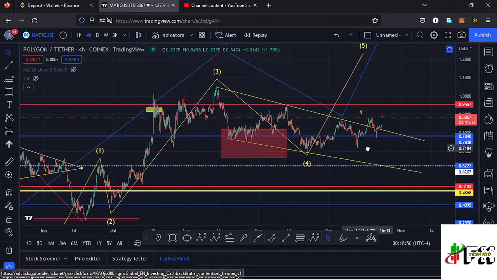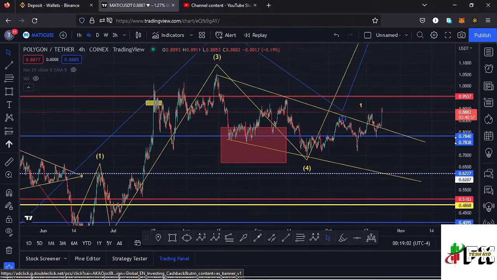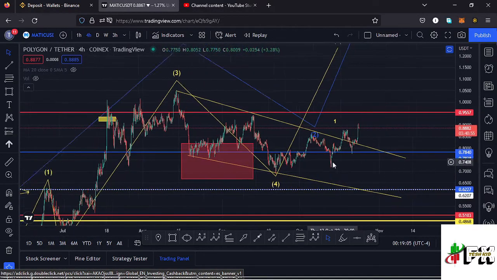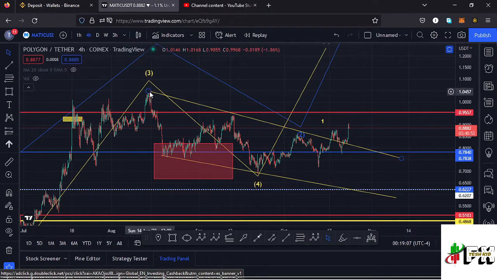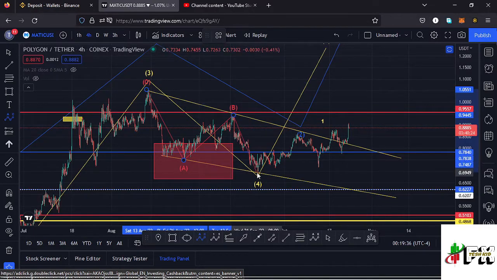$0.66 mark. And you can see Polygon Matic has continued to respect that movement to the lower side in the formation of a fourth wave. And because the fourth wave is a corrective wave, I also expected to see an ABC corrective movement play out over here, and I believe we are seeing such a movement right here, having this as the wave A, then a wave B making our high at around the $0.94 mark. Then we continued pushing lower in the formation of wave C, making our low at around the $0.69 mark, and